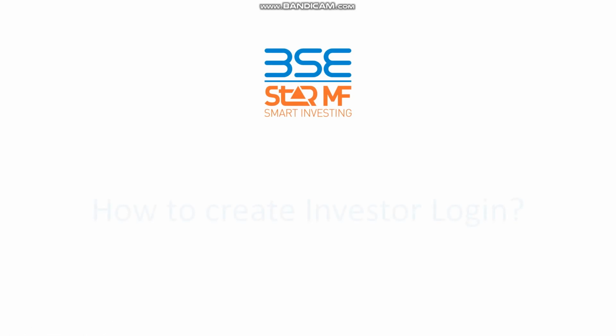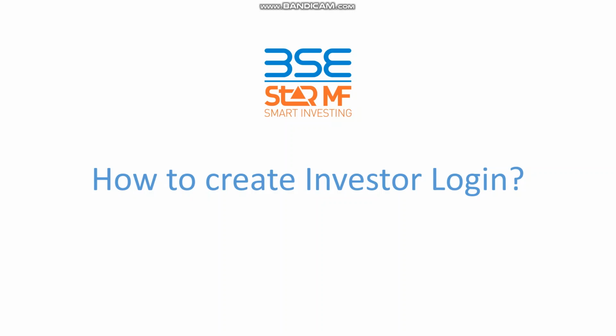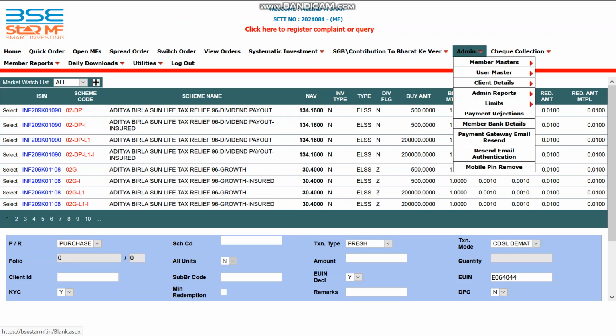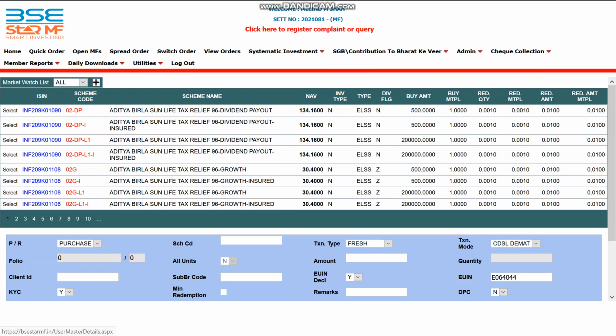Hello everyone. Today we'll see how to create investor login via BSE StAR MF. Before creating investor login via BSE StAR MF, you have to make sure that the investor is registered in BSE StAR MF. Now, to create investor login via BSE StAR MF, go to admin, user master manual,